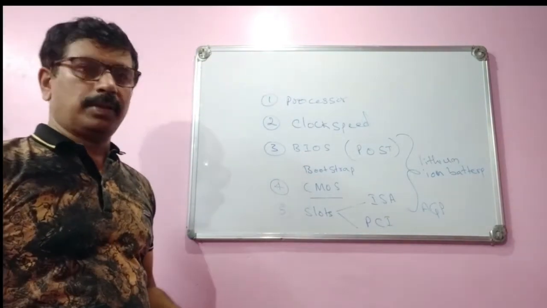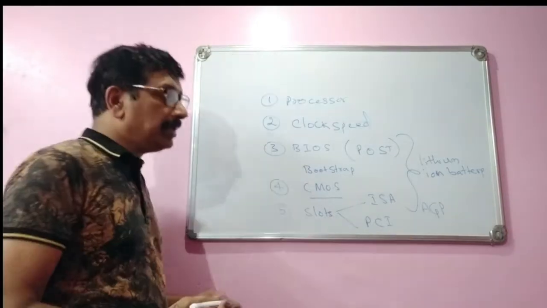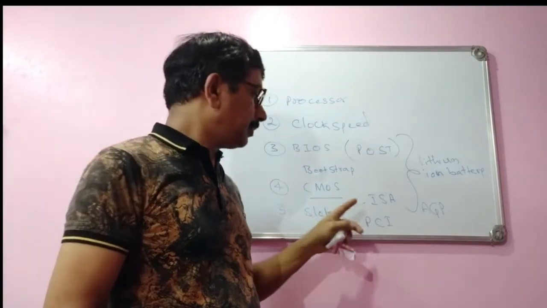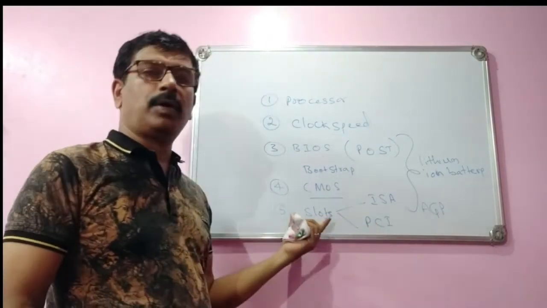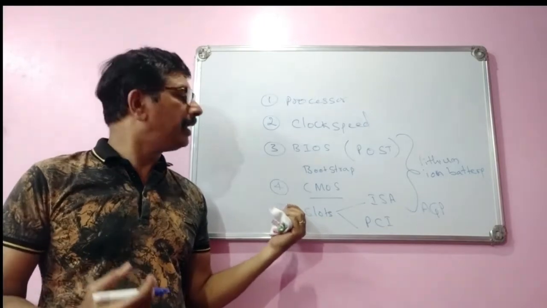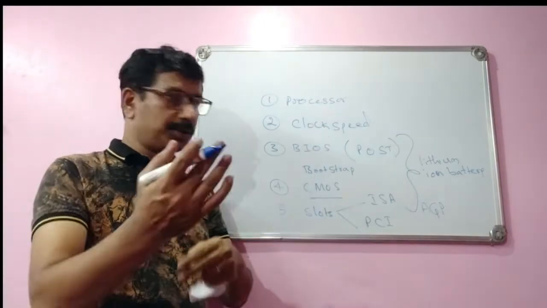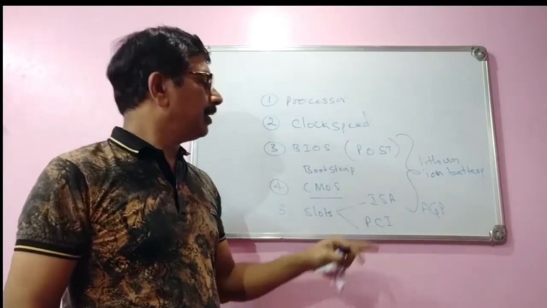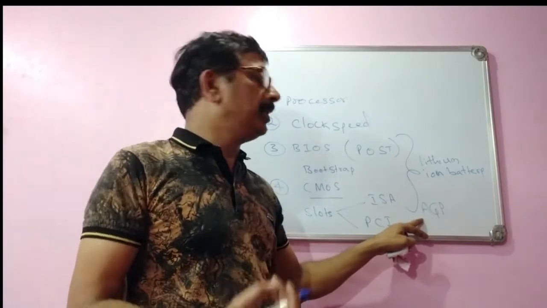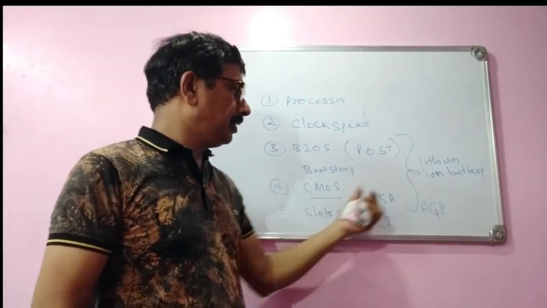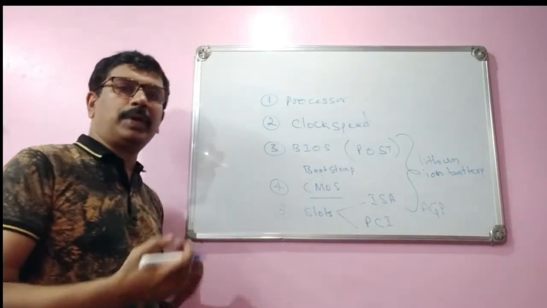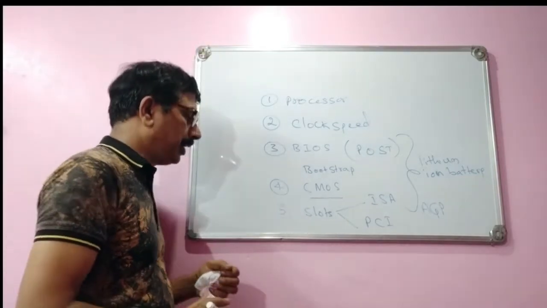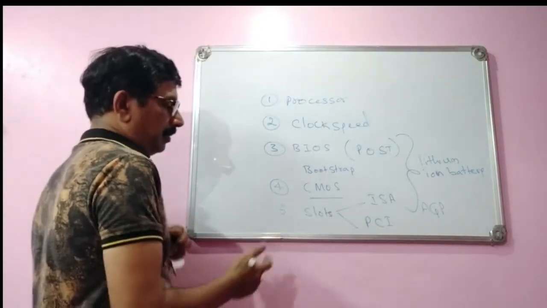AGP slot, that is to place graphic card. AGP, accelerated graphic port. Okay, in this way there are three type of slots on the motherboard or on the main board. ISA in the beginning it was too big, and PCI it was short with white color, and the AGP which will be in the black color commonly, and these slots are used to expand the devices on the motherboard, or to keep new devices or to take new devices on the motherboard.